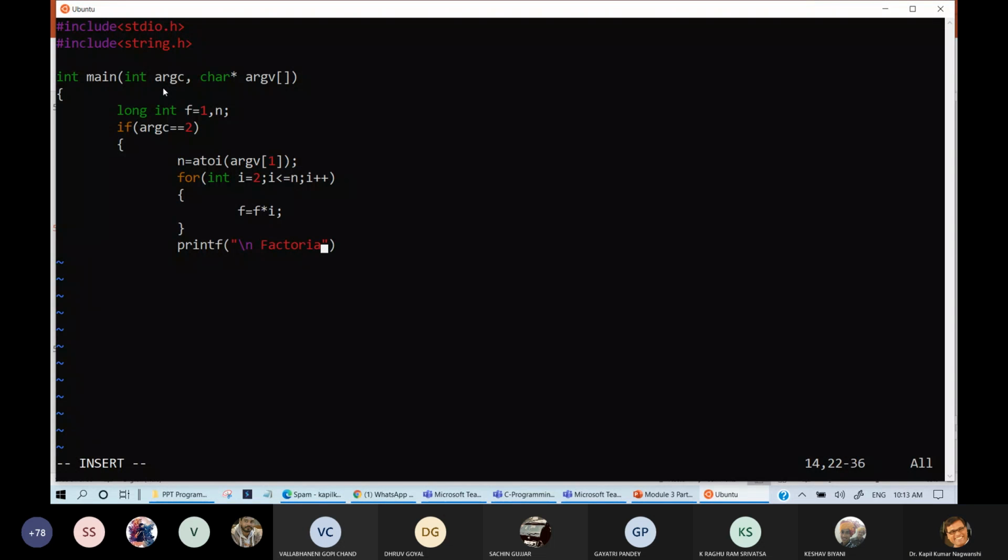Factorial. Let's write in a very special manner. Factorial %d equals %ld, comma, factorial of n equals f. Yes. Then else